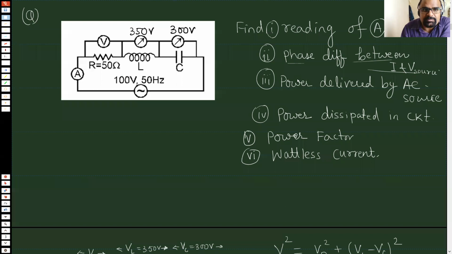The answer will be 0 in that case, because this V is nothing but the voltage across the resistor, and I hope we all know that voltage across a resistor and current through a resistor are in the same phase. You know, we draw that phasor diagram so many times. That is why I changed this question more. Now there is no chance of confusion.